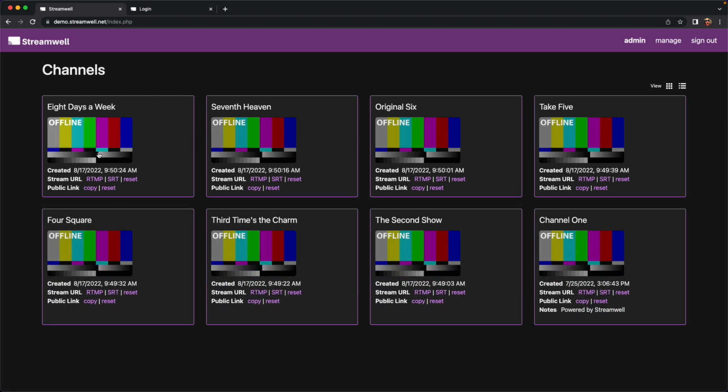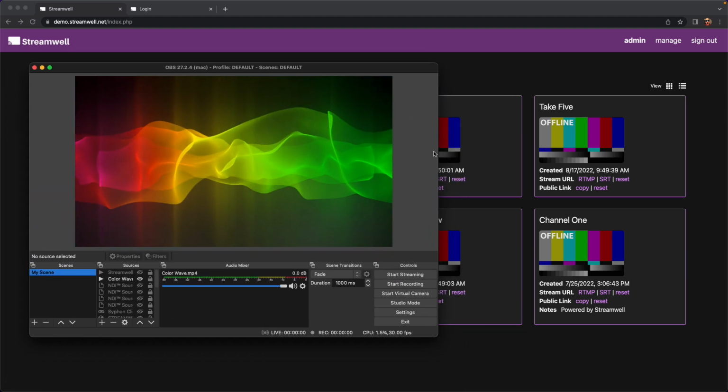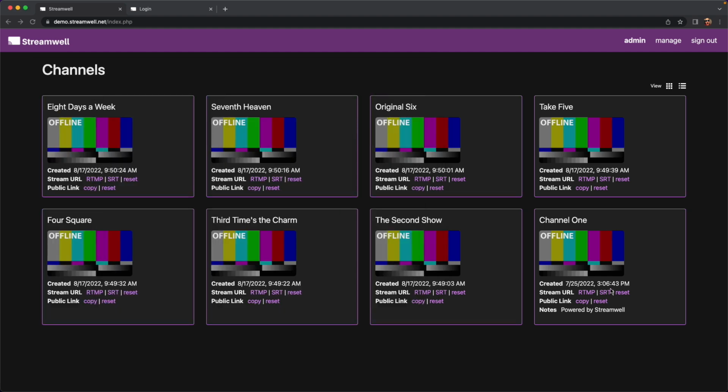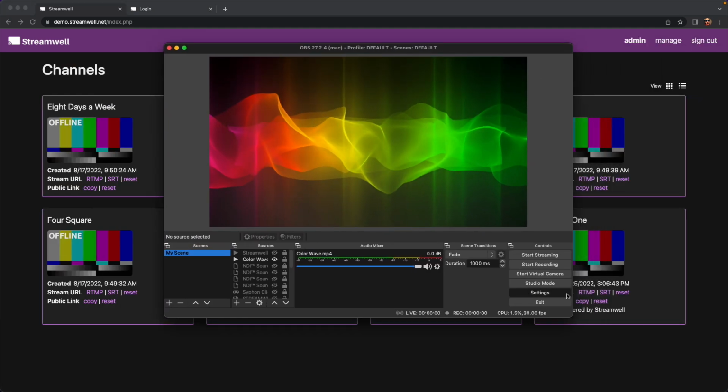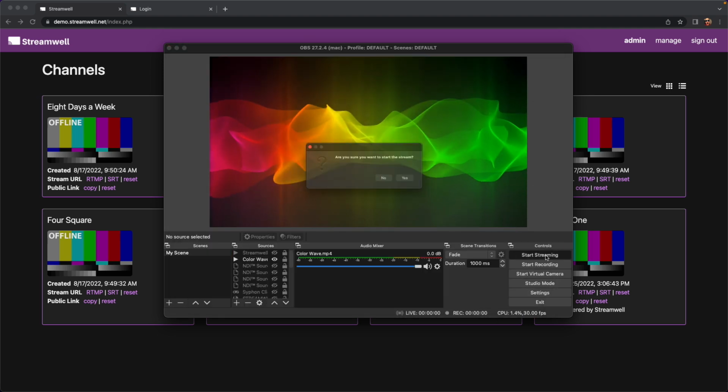Now, these channels allow you to create high quality, low latency live streams. Now, what does that mean? It means that, here, for instance, let's start from channel 1. You can take this stream link that you would use for, say, traditional live streaming to YouTube, Facebook, something like that, and you can paste it into anywhere you want. So I've got OBS, for instance, here. This is some really popular live streaming software. So what I'll do is just grab here the SRT URL. RTMP and SRT are streaming protocols, and I can just paste that URL right here into my streaming software, start streaming,